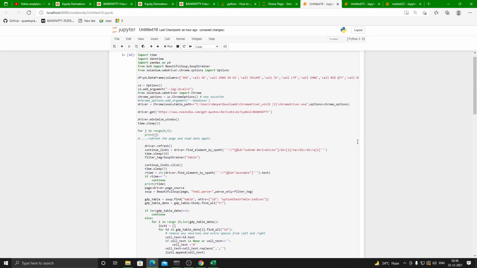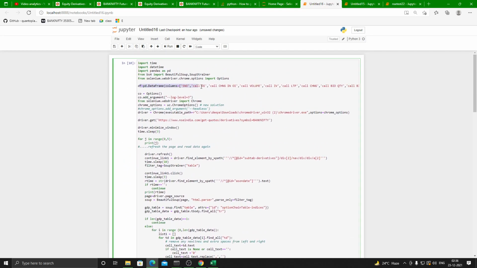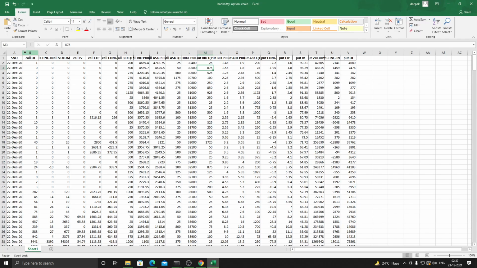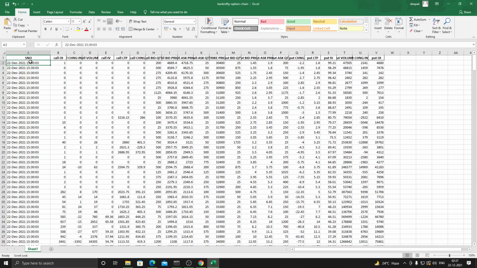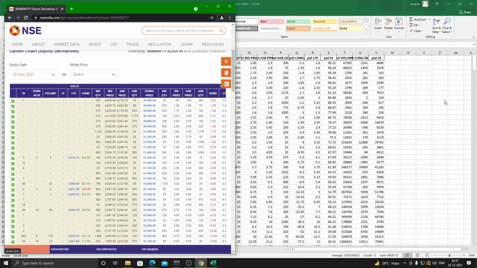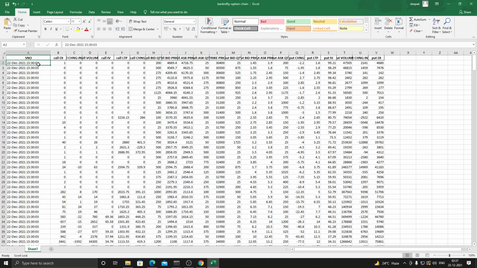I've created this empty data frame before proceeding to this script, because that's where all the data will be recorded in all these columns, right? So for each time that the data is recorded, it has recorded all the things in this one, right? So you've got all the strike prices, right? So this will be repeating until the strike prices are over for this particular time, okay?